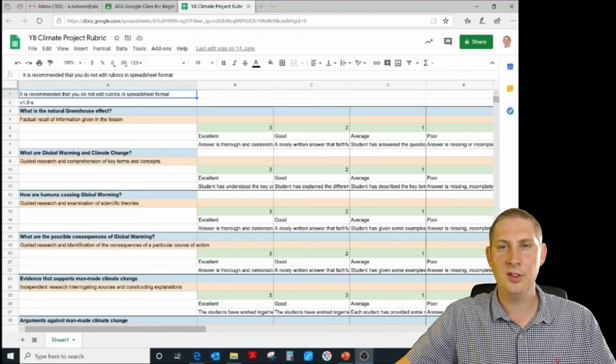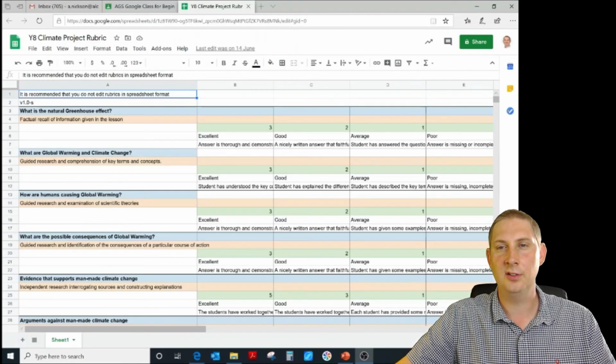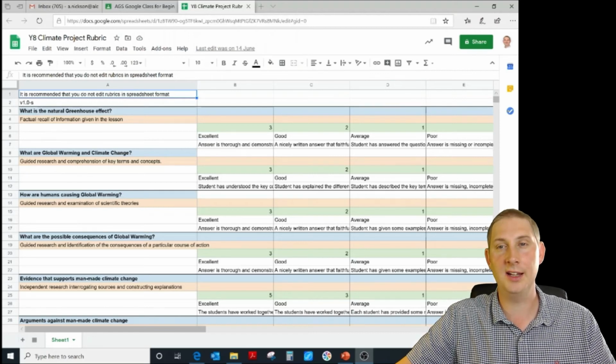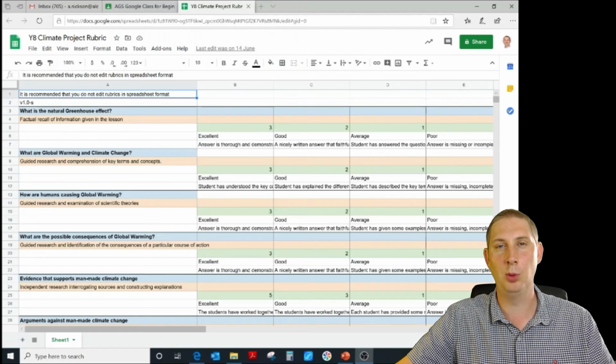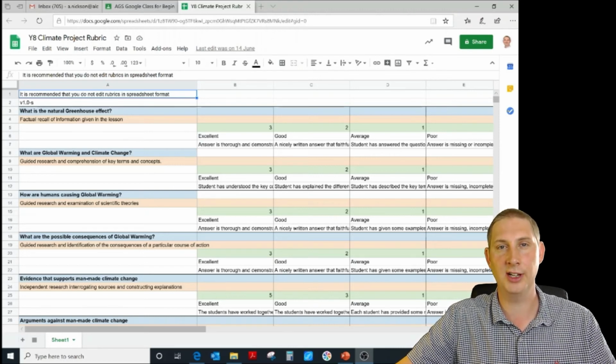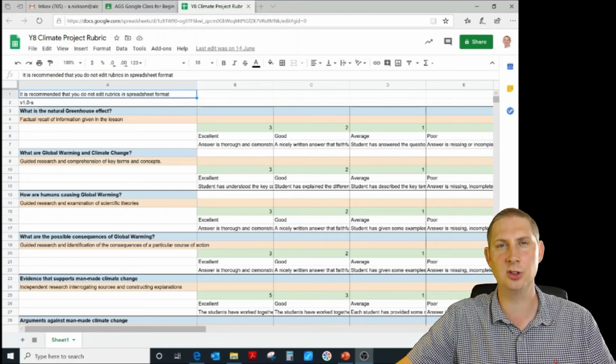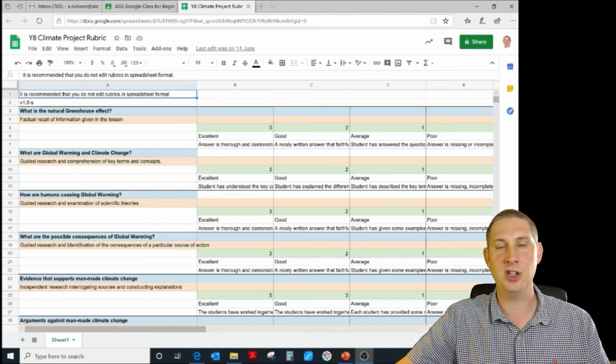assignment. The final thing I want to show you is, for larger rubrics, how you can write them slightly more easily. And you may remember that when we first selected on rubric, you could either write it from scratch, you could import one you'd already used, or you could import from a Google Sheet. And I have done that previously for the Year 8 Climate Change Project rubric. And this was the large one that had a maximum score of 34 and about 12 different criteria. There is a template which I can provide to you which will make sure that the rubrics are imported correctly,